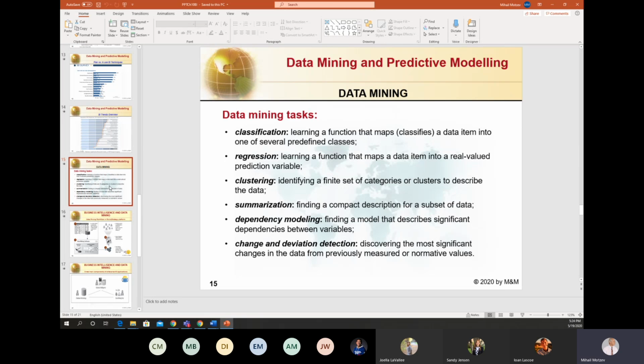Data mining covers tasks that we know from information systems and statistical analysis, and there is nothing new. Looking at regression or classification, summarization, immediately you can say there is nothing new. That's true. The goal is to make things more and more advanced in automation.